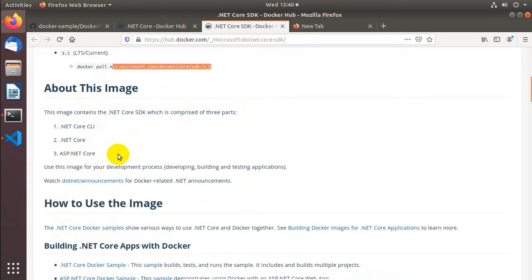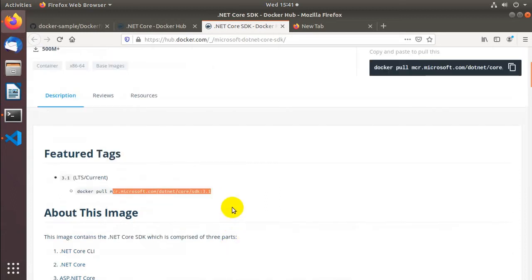Using this image we can build our application and run unit tests. We are already familiar that if we publish our app, the first step is to confirm that the app is compiled correctly. So for publishing a .NET Core application, the base image will be this .NET Core SDK image.